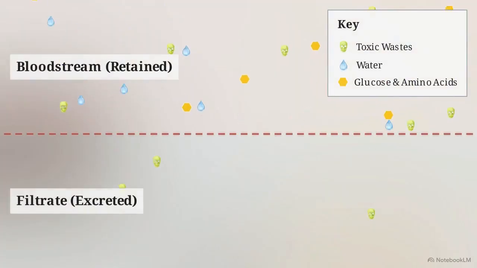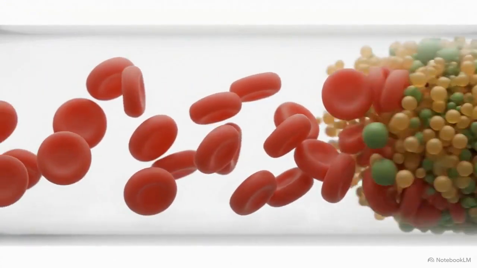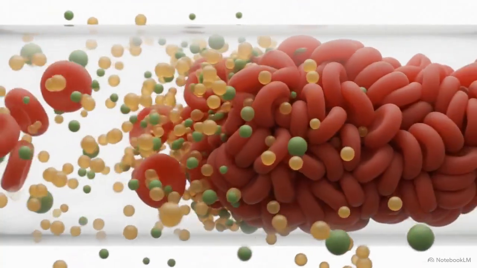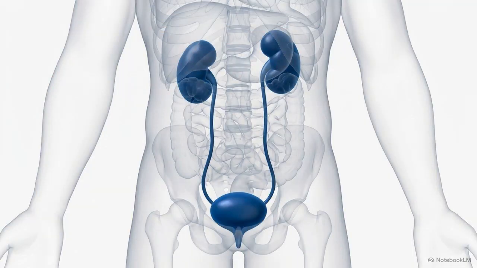This creates a critical biological dilemma. The body has to purge these toxic nitrogenous wastes without accidentally flushing out vital water, glucose, and amino acids. If this delicate balancing act fails, the concentration of nitrogenous waste in the blood spikes, leading rapidly to systemic toxicity and total organ failure. To solve this precise chemical challenge, human anatomy relies on a dedicated macroscale apparatus, the Human